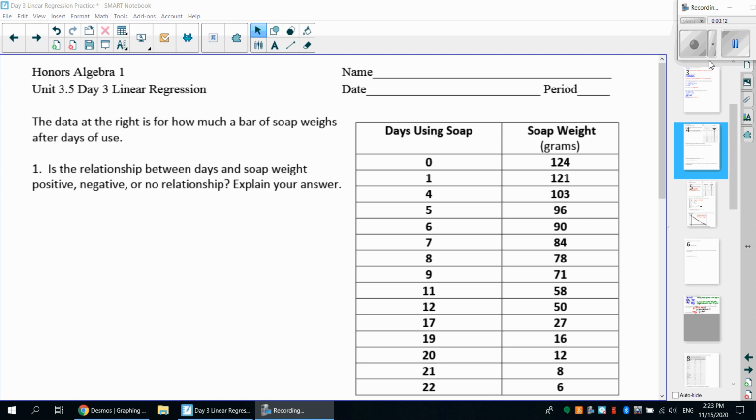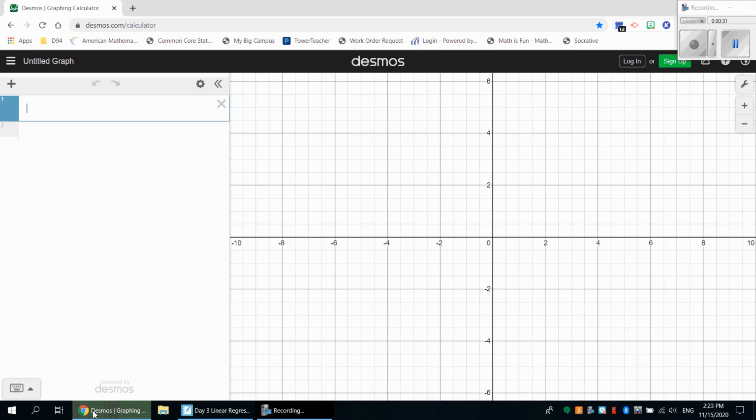So today we're doing more practice with coming up with linear regression equations. And this is going to go over how to use Desmos one more time with our data set. So we're going to use our days of using the bar of soap and the soap weight in grams data to do that. So if you have your paper with your data set, if you go to desmos.com, remember